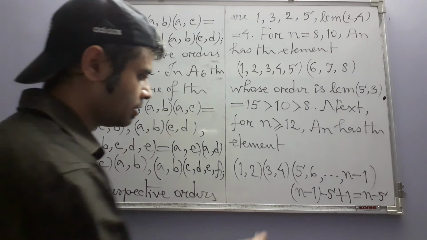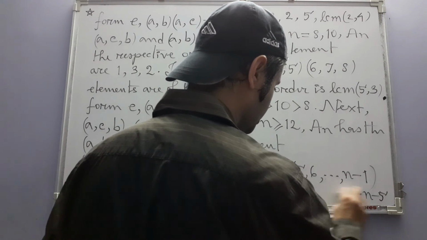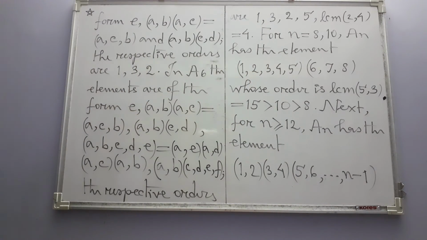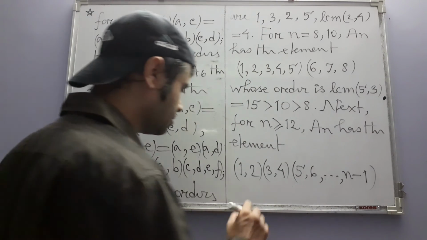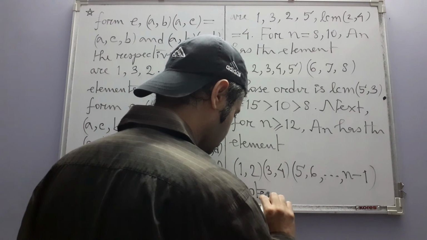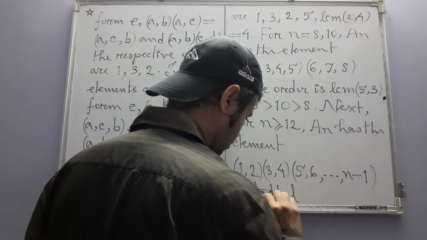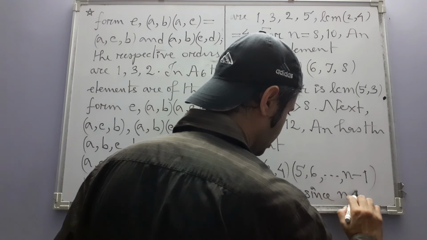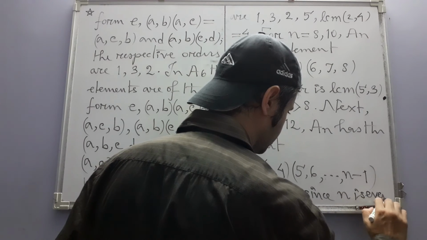And that's how we know that this belongs to An. We need to mention this because we have already sort of stated that An has this element, so we mention within brackets. Note that since n is even,